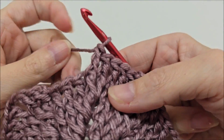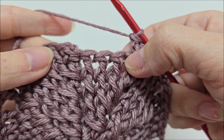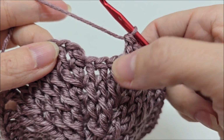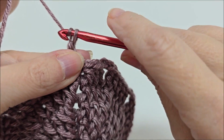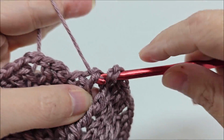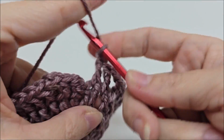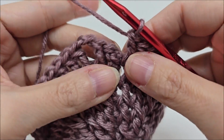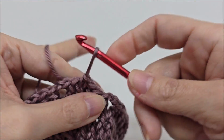All right, so I'm coming to the end of round 6, and I have 3 stitches that remain. Remember in the beginning we did 2, and then we started our repeat with the chain. So these 3 plus these 2 will equal our 5. But after this set of 5, we need to make sure we do our chain 2, and then go ahead and do a front post double in the remaining 3. 1, 2, and 3, and end it by slip stitching into your first post stitch, and you'll still have your 40 stitches,